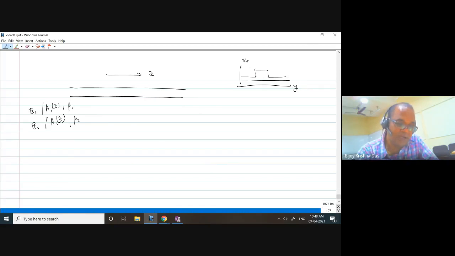And as long as you maintain this cross section, A1(z) will be independent of z. That's a constant value. But I am expecting that they should be coupled in some way because of some kind of perturbation. One perturbation I have discussed, the periodic perturbation. Now I am saying that, well, if there is no periodic perturbation, but a permanent perturbation is there, then is there any chance that these two modes will be coupled to each other?